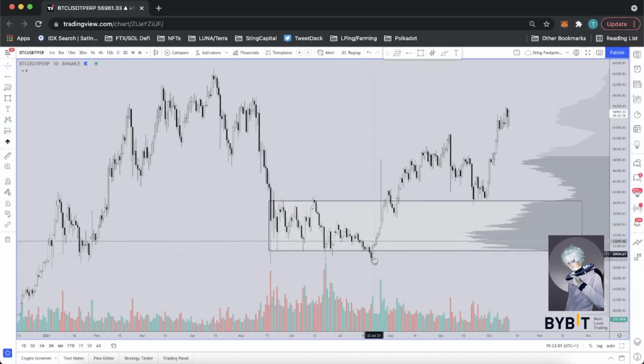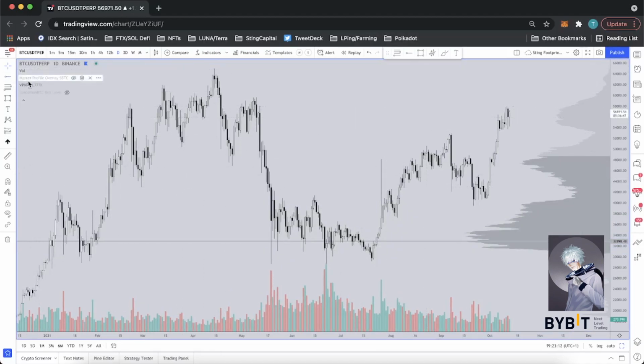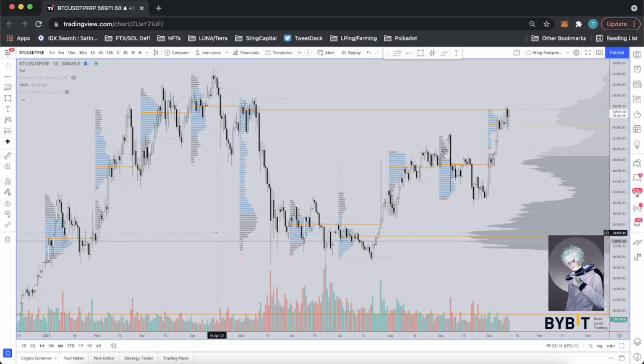So while we still do get a little bit of a fake breakdown here and we get a couple wicks below, it's not as clear that it was a range breakdown as it would have been if you were just looking at price action, right? So that's one reason. If we go ahead and put this profile back on, we can kind of see,